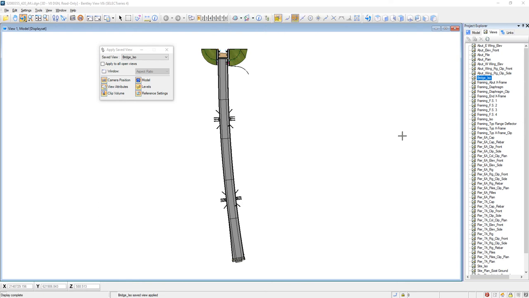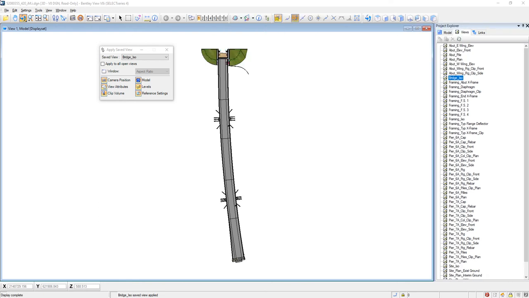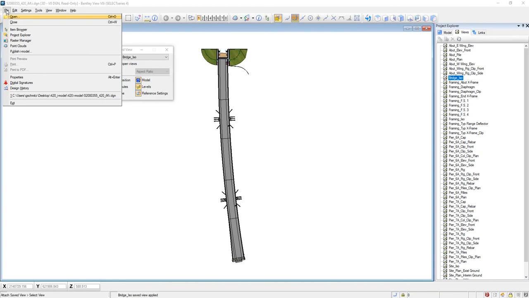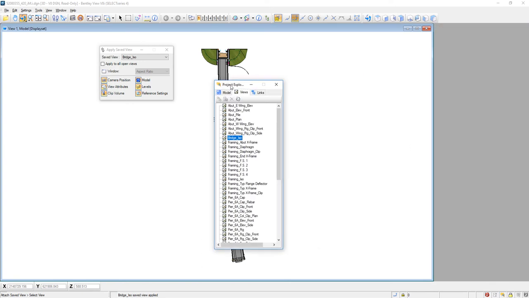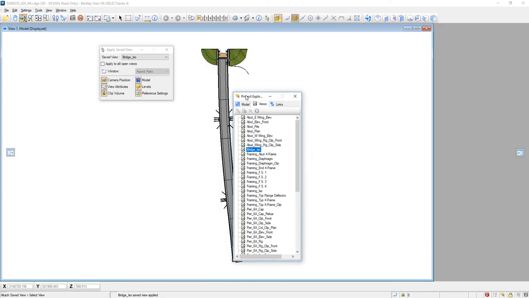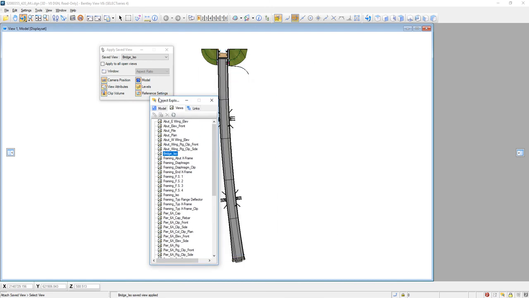So next I'm going to talk about the Project Explorer, which I actually just opened up. In order to get to that, we'll go to the File drop down, Project Explorer. And to show you again how I dock that, again, it's floating around. And as I hold my left button and move it around, you can see